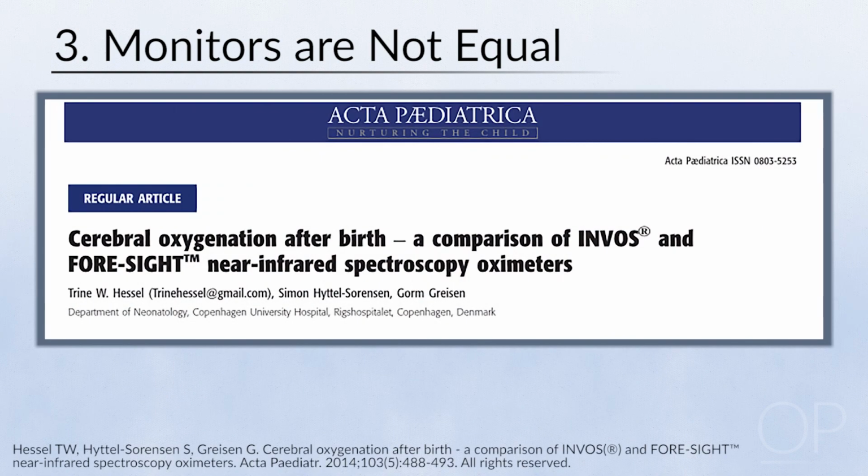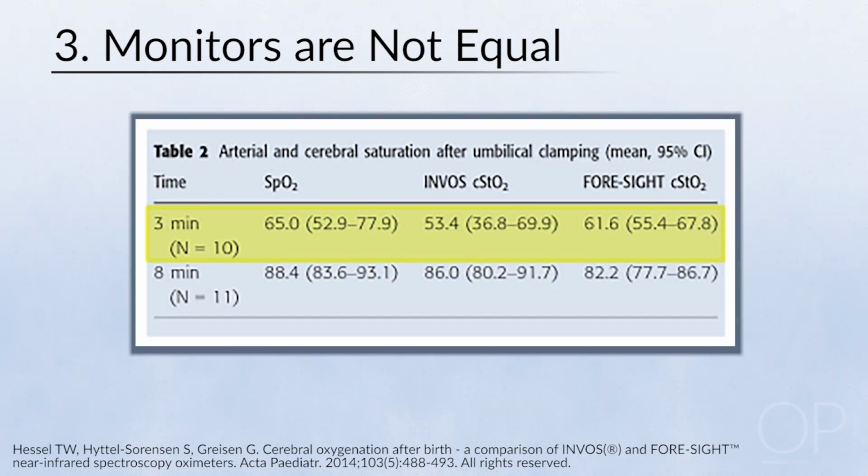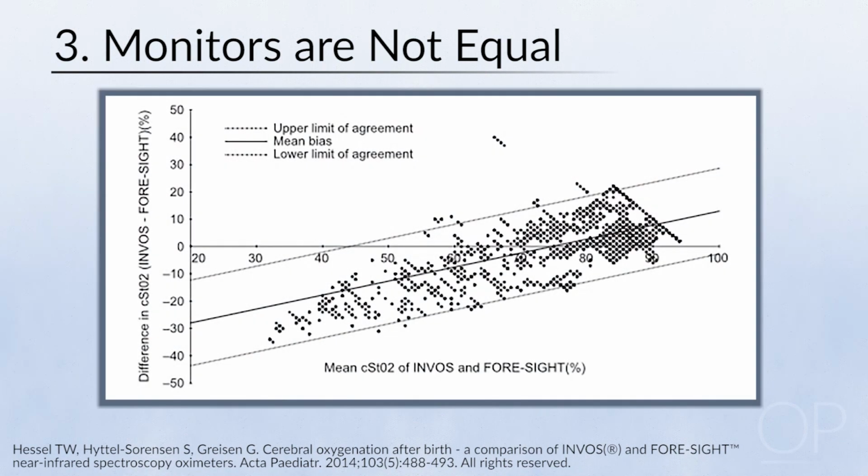One study compared the INVOS to the Foresight in newborns within the first 8 minutes of life. At 3 minutes, with an arterial oxygen saturation of 65%, the INVOS read 53.4% and the Foresight 61.6%. At 8 minutes, with an arterial saturation of 88.4%, the INVOS read 86% and the Foresight 82%. As shown in this Bland-Altman plot, there is a negative bias in that the INVOS reads lower at lower saturations, but higher at higher saturations. So that's why I think it's important to think of cerebral oxygen saturation values not as absolute values, but within